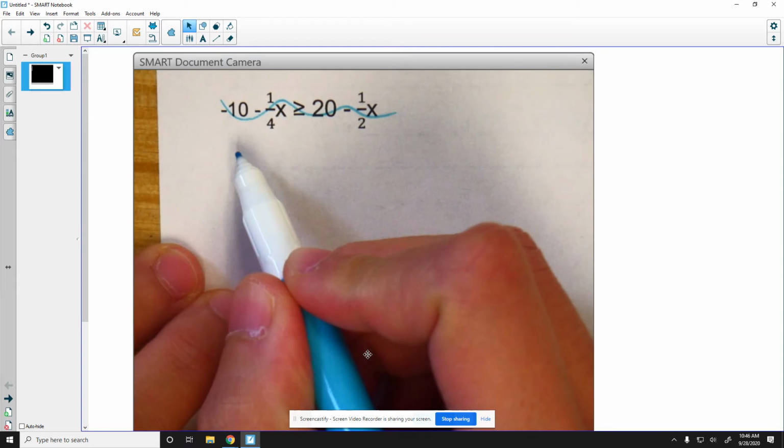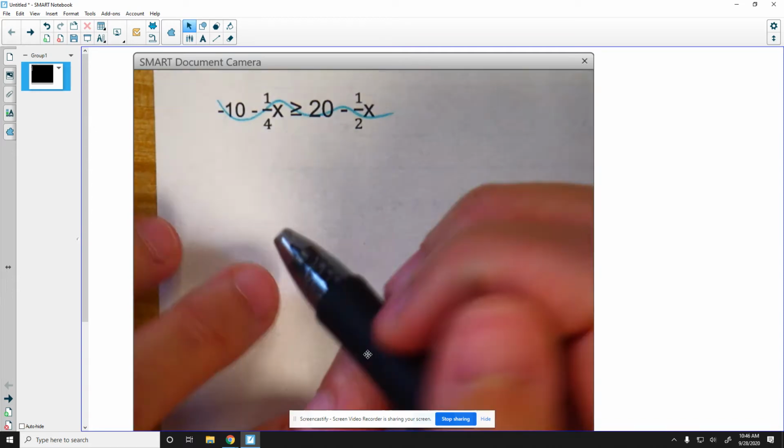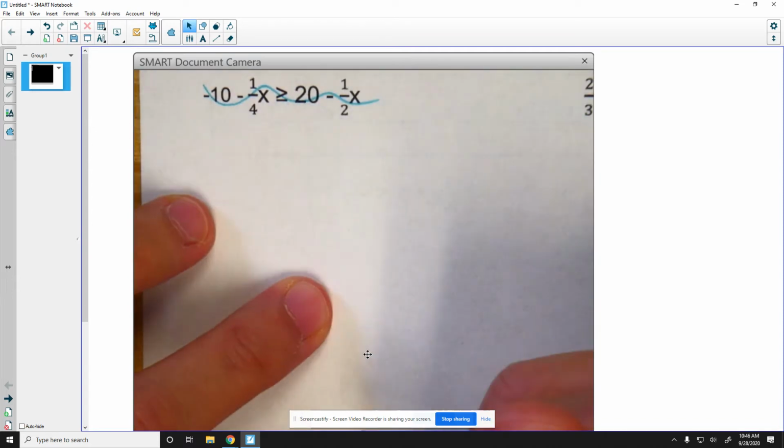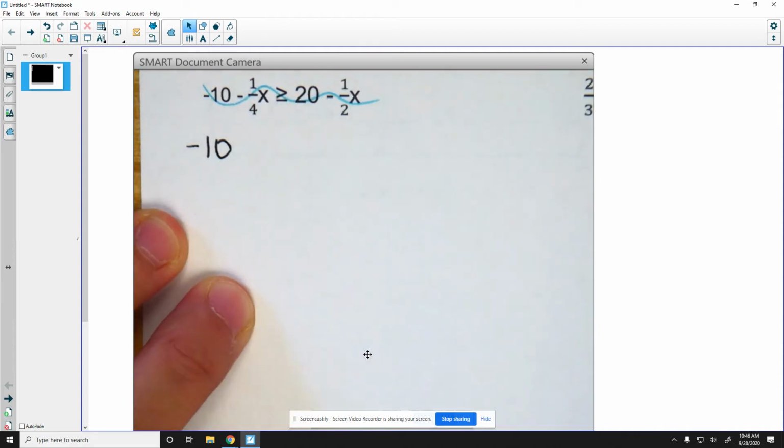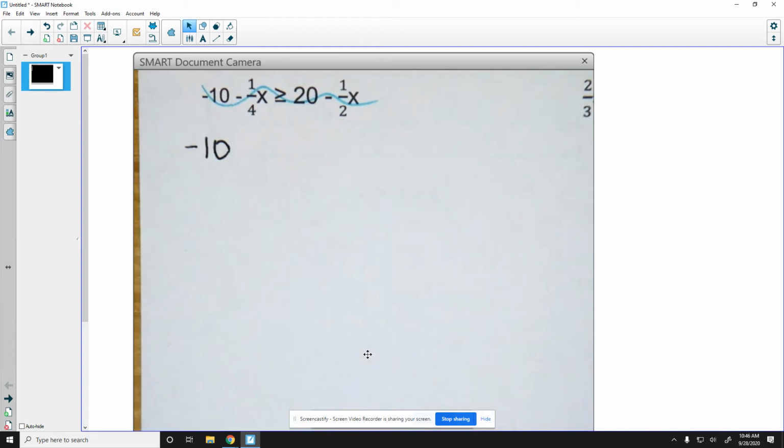And then let's rewrite it, okay? So my new problem, rewritten as a decimal, would be -10. So just be careful when you rewrite it, because if you miss a negative, then your entire problem has changed, which means your entire answer is wrong. Okay,